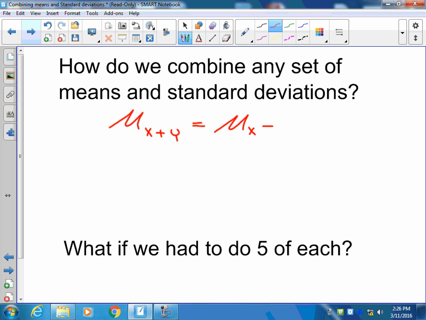The mean of x plus the mean of y. So if we're looking at our situation, we've got 10 hours plus 2 hours. That's going to give us a 12-hour average to complete the modification of one vehicle with suspension and tires